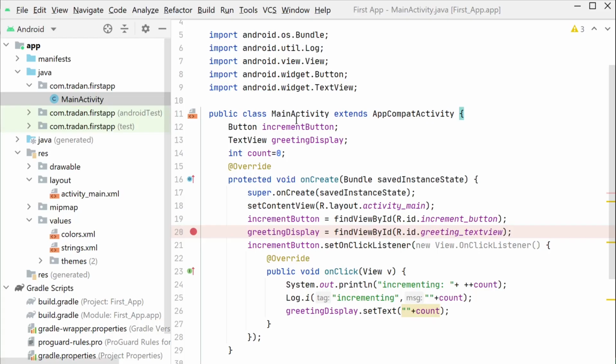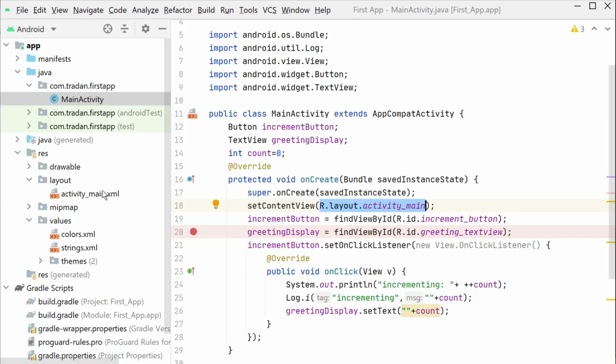As you recall, the Android operating system is persistent. That means it's running all the time. When an activity is launched, it triggers the onCreate event. In this method, we respond to the event, and our first act is to set the content view to